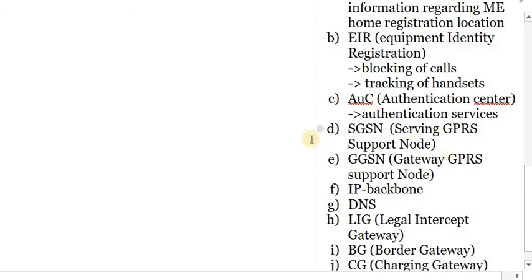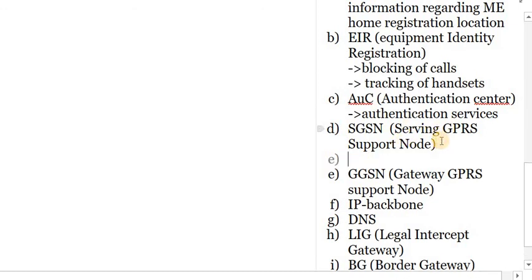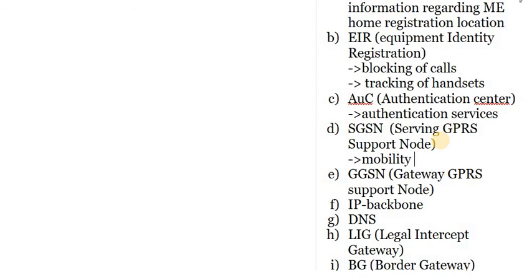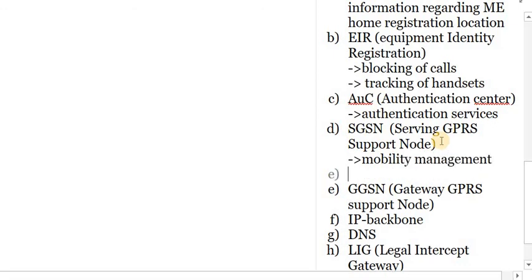The functionality of the SGSN and the MSC in the GSM is the same, but the naming is a bit different, the rest of the functionality is the same. So the SGSN, serving GPRS supporting node, provides the functionality just like MSC, like mobility management. Another one is that it is used to provide handoff support.